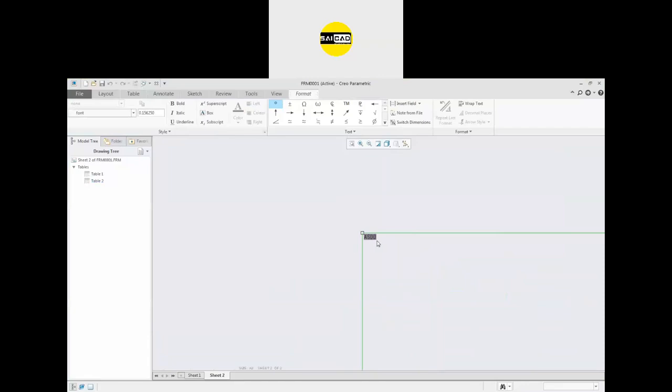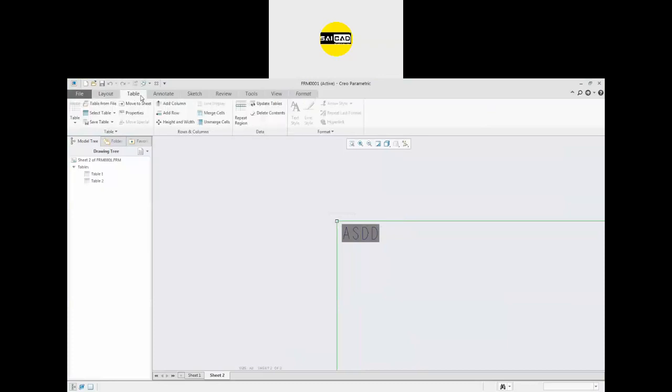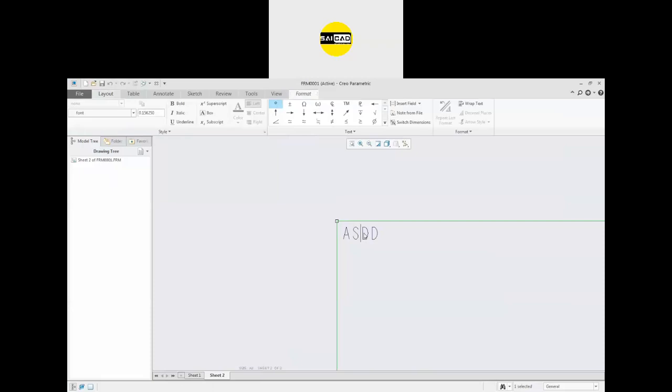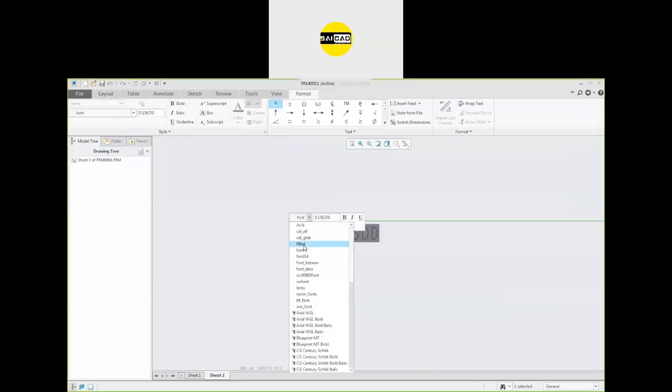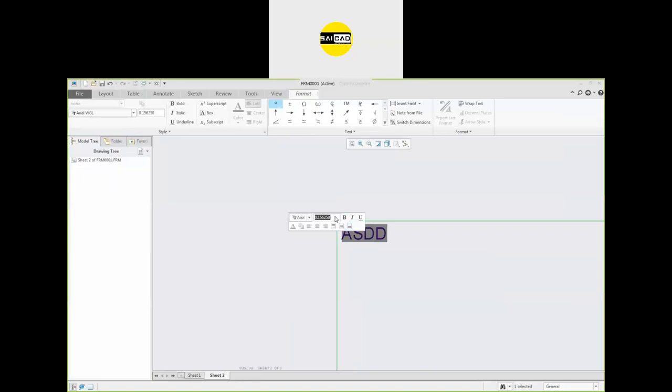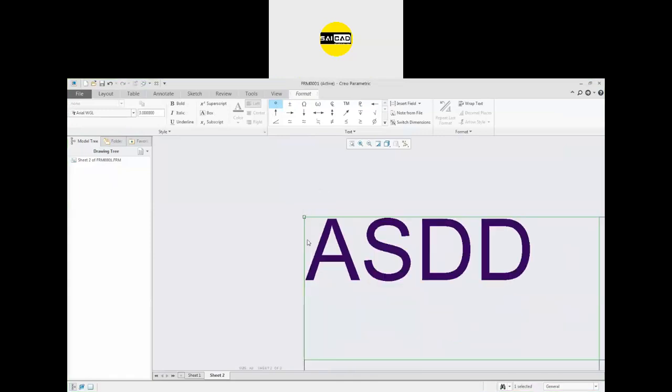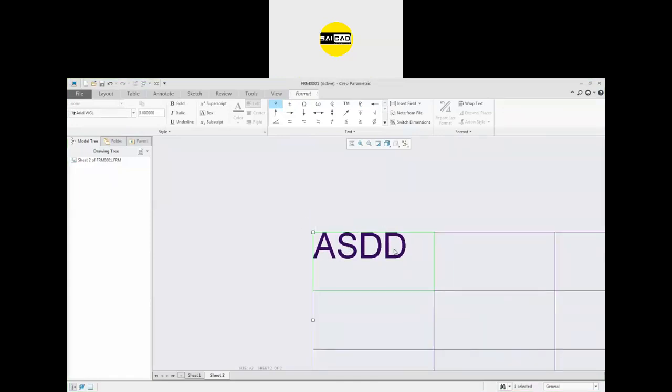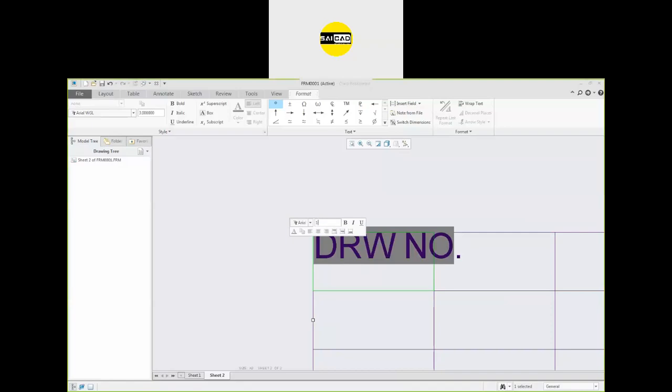So to change the size again, okay. So this is the text, whichever you need, just type the text here like I want here that is drawing number, okay, and it's now very large, so find that around 1 like that.